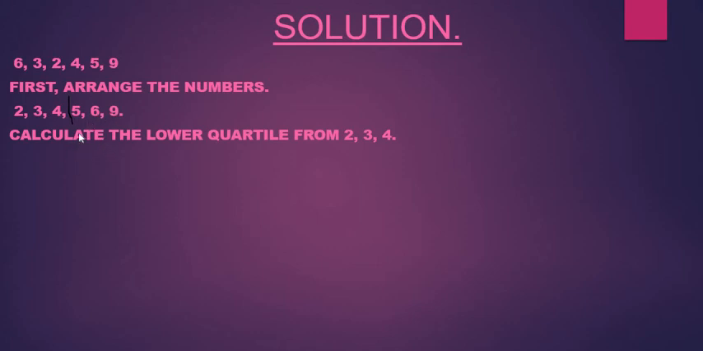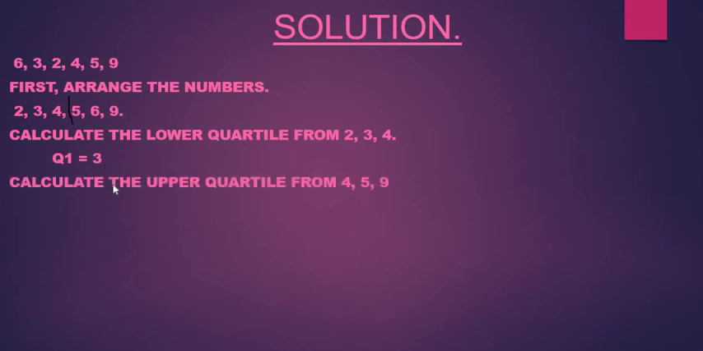So calculate the lower quartile from 2, 3, 4, which is representing the lower side, and we said that is given as 3, and we have to calculate the upper quartile from 4, 5, and 9, since it's given as the upper side, that is the numbers above the median, and that is